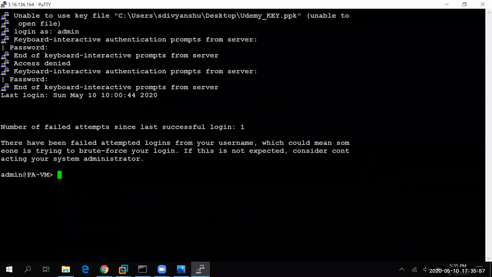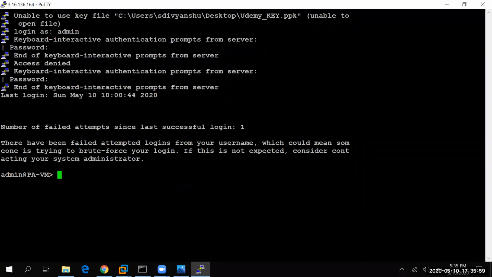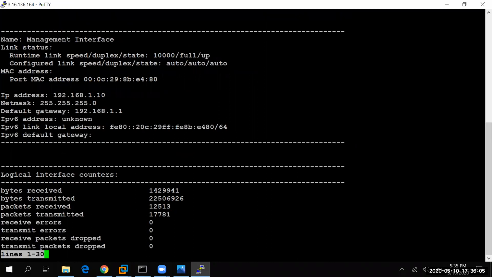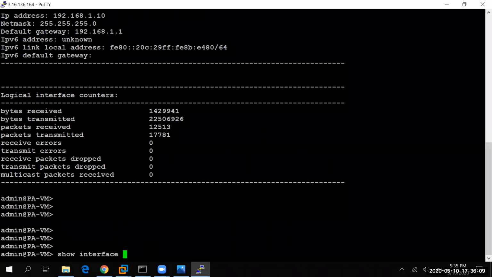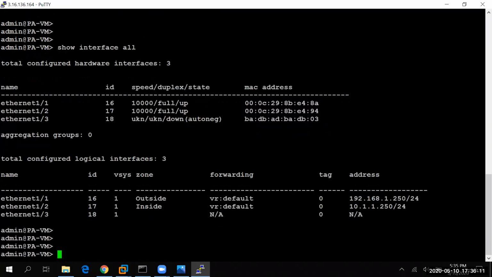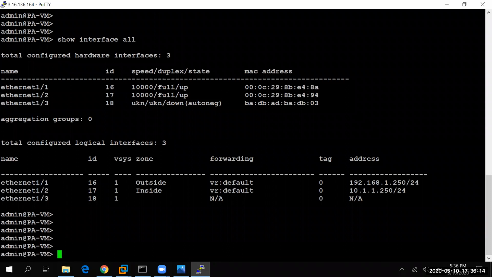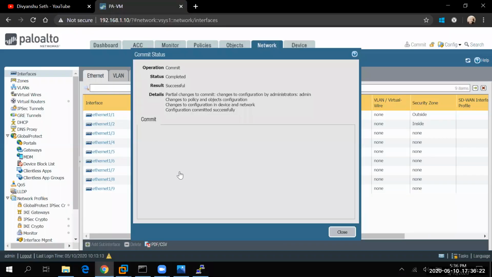Here you guys are able to see that I'm logged in. Let me see my configuration settings. This is the main configuration which we did. And let me show you all the interface configuration settings. See, here it is showing 1/1 for outside, 1/2 for inside. This is the IP which we have configured for both of them, and the commit is successful now.